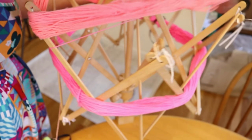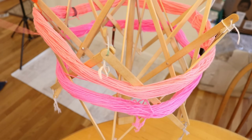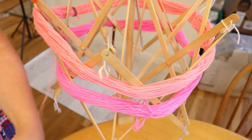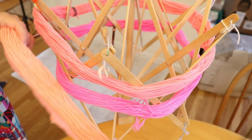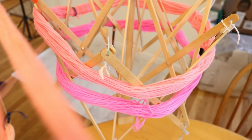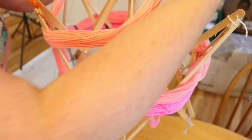I'm now going to add our next skein. I'm trying to check to make sure that the yarn from our intermediate area isn't going to get tangled. I think I did a really good job adding extra ties, and I say this as I feel like the next one might be tangled. Okay, I have to say I am incredibly grateful for all these extra zip ties that I put on. There's still absolutely a chance that things could be a little tangled on here, but I think what I'm going to do as I unravel this